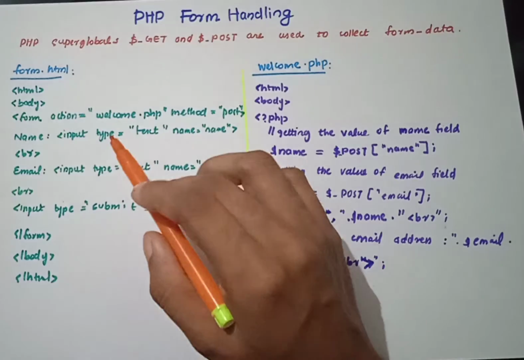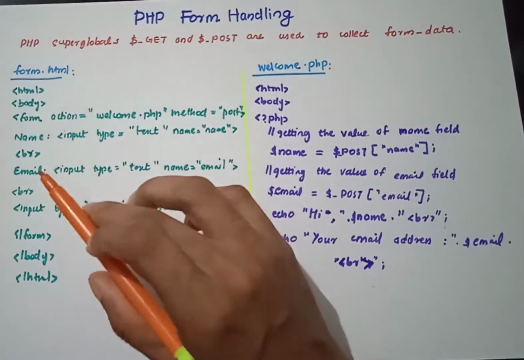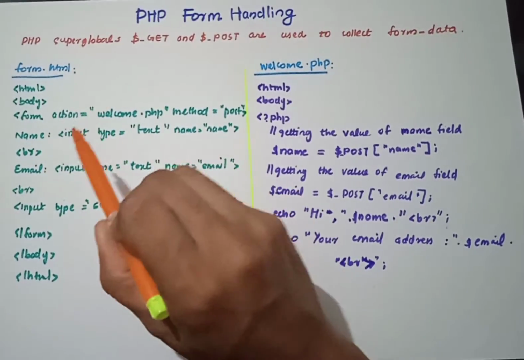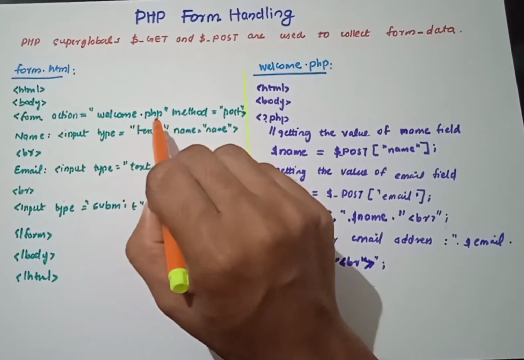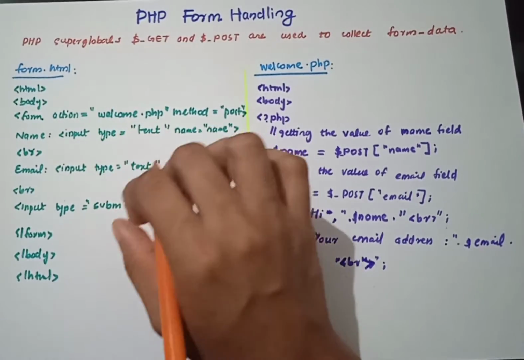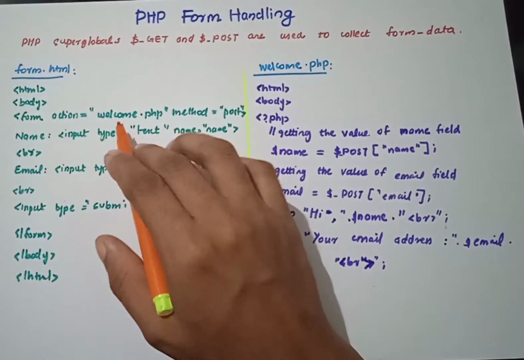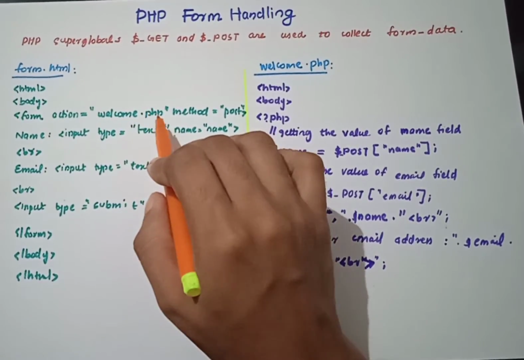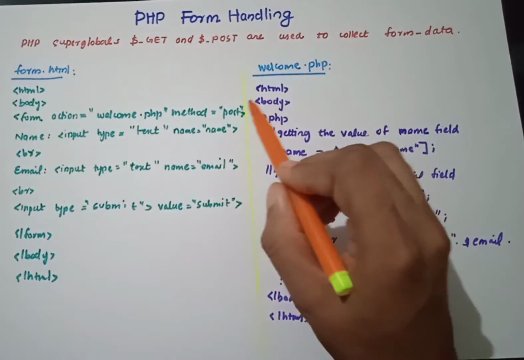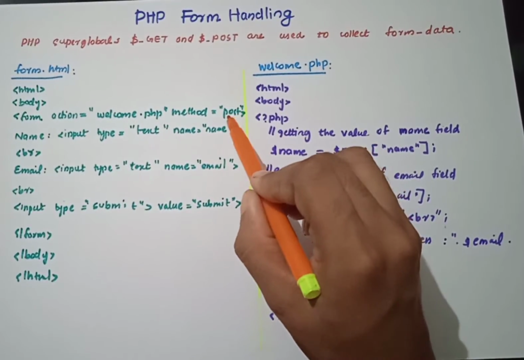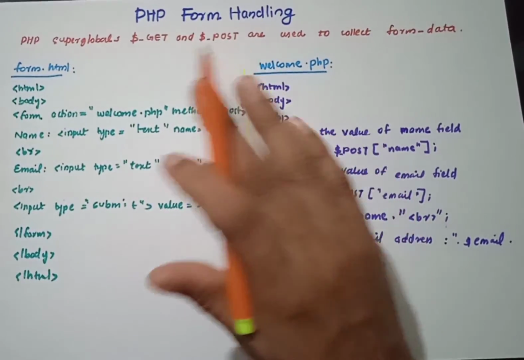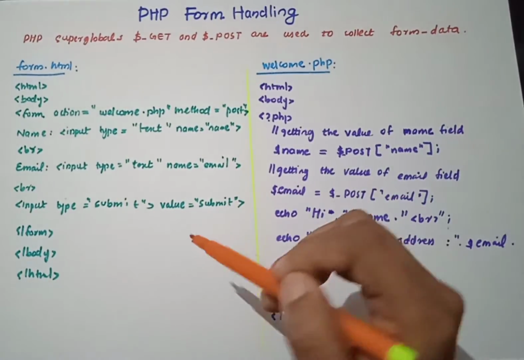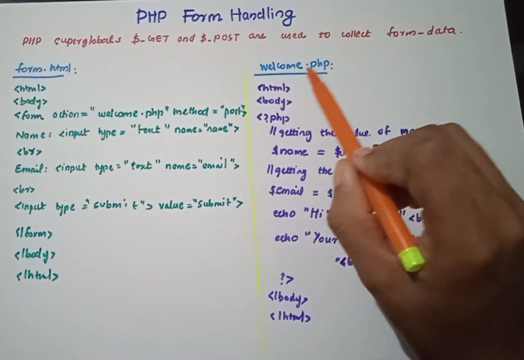That means here we are just declaring a form to fill only two fields, name and email. And the action of this form is welcome.php. That means when the user fills in the input data here, it will be sent to the welcome.php file for processing. And the method by which this is sent is called POST. You can also use GET here. Okay, so this is the way you can create a form using PHP. So the next one is welcome.php.